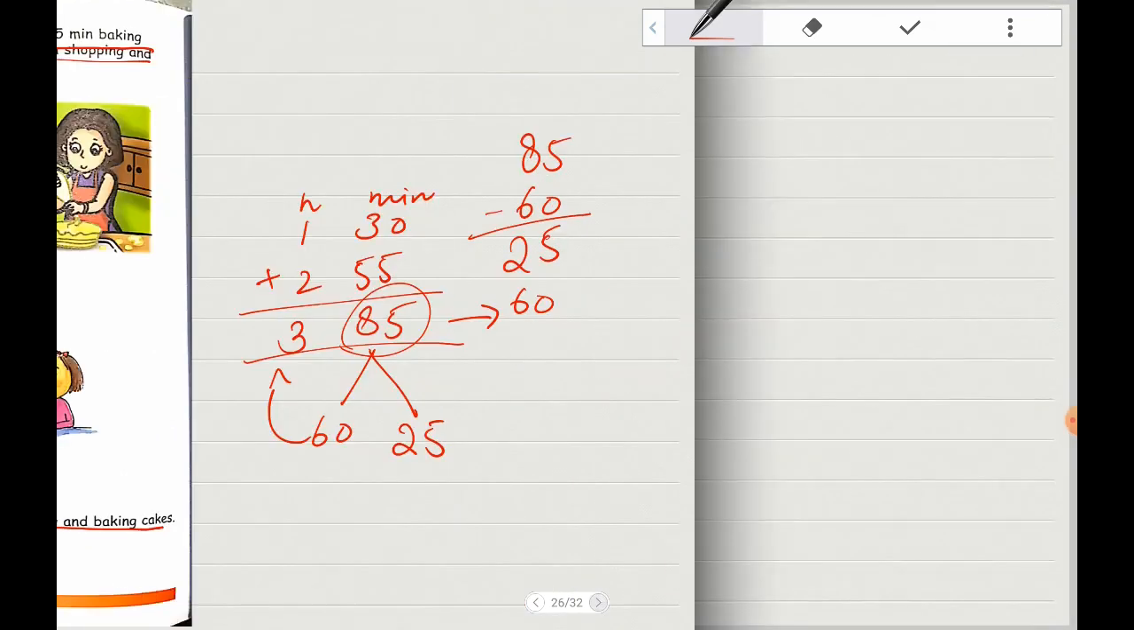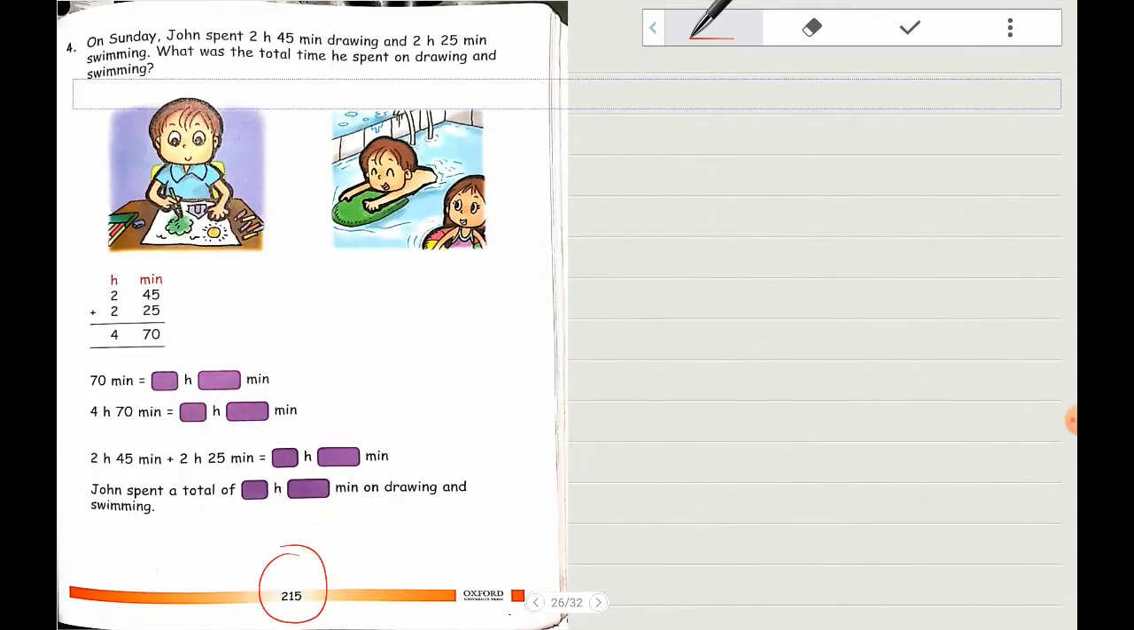Move on to our next page, page number 215. Look at the next example, question number 4. On Sunday, John spent 2 hours 45 minutes drawing and 2 hours 25 minutes swimming. What was the total time he spent on drawing and swimming? Same as the previous example. Now you can easily add 2 hours 45 minutes and 2 hours 25 minutes, and your answer will be 4